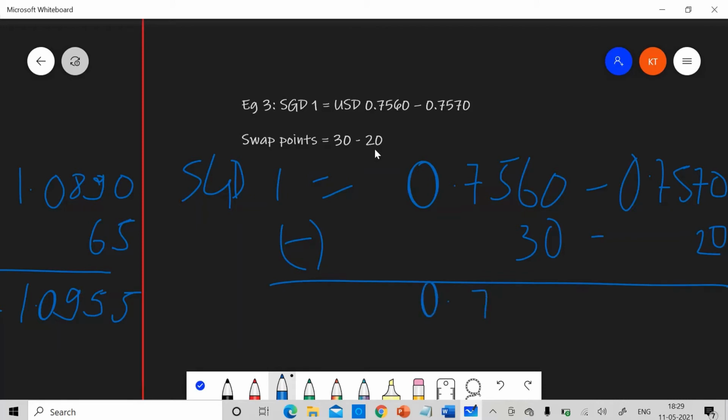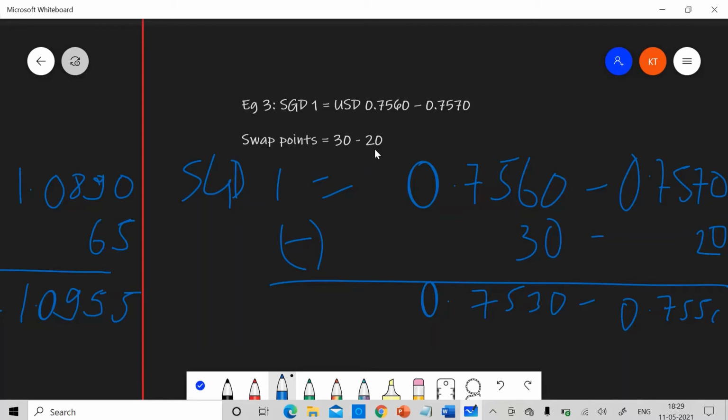So we'll have 0.7530 and 0.7550 as the swap point. So I'm sure this makes sense, and now we'll look at how you need to